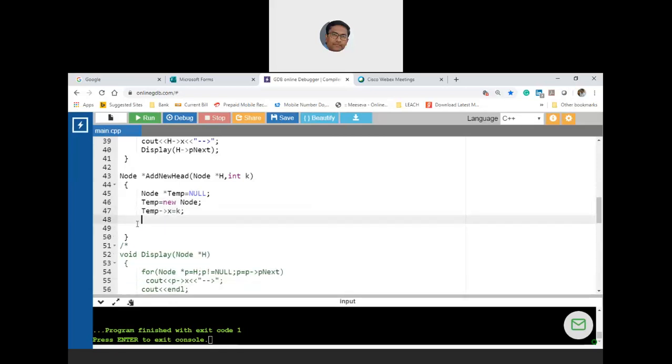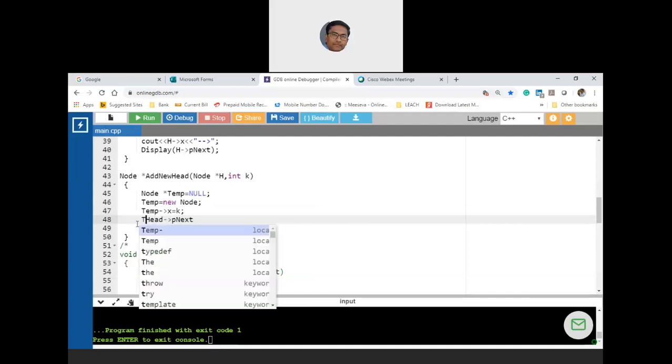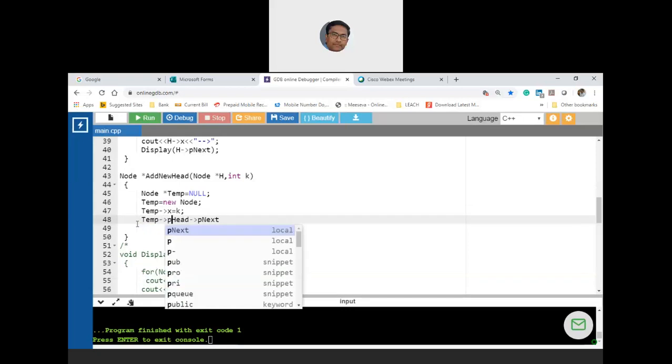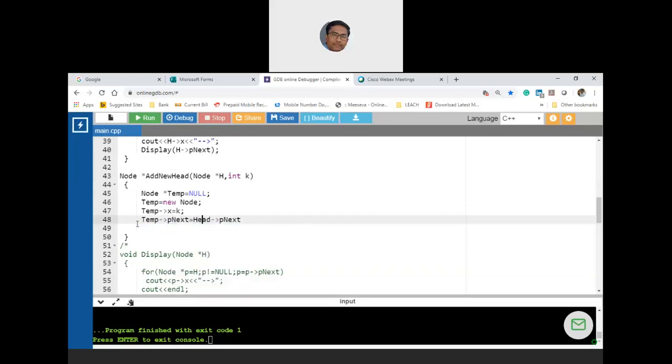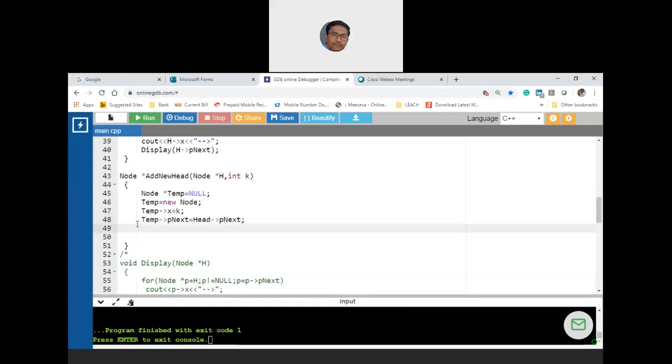Then earlier, because before you change head, earlier head arrow p next to whomever it was pointing to, you need to bring that into temp arrow p next as head arrow p next, and then h has to be temp. H has to be temp, and then return h.